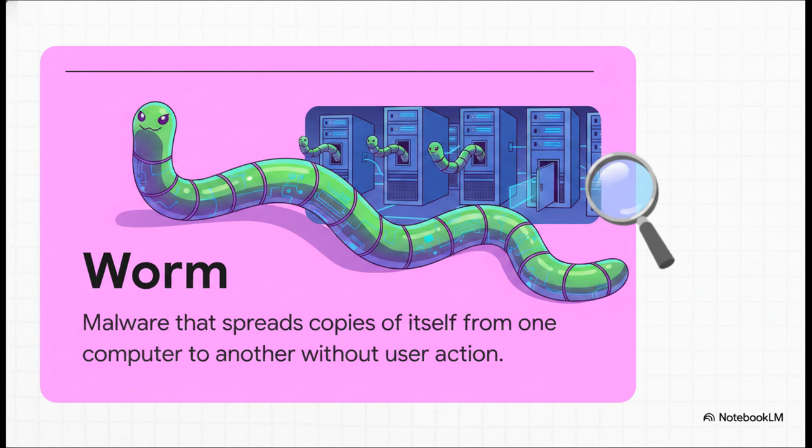And well, it behaves a bit differently. A worm doesn't need to attach itself to another program, and, frighteningly, it doesn't even need you to click anything to spread. Think of it like a digital burglar, just walking down a hotel hallway, checking for open doors. A worm is constantly scanning the network for open network ports, using those exact vulnerabilities to actively push copies of itself from one computer to the next.